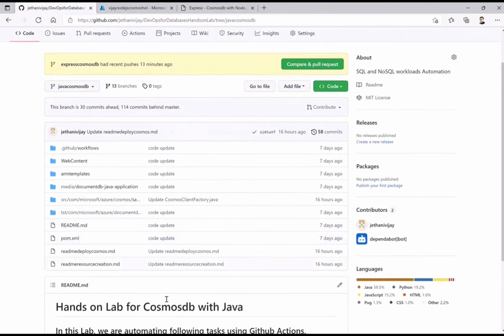Okay, so again, the variation here is that previously you have seen just one workflow doing all of them. Here I have kept it separate so that you can see the service creation in one step, and then following from there, we are going to update that code in the next step. That is the reason you see the resource creation README, which is a kind of trigger which I will use. Similarly, the deploy or build Cosmos is the other trigger which I will use. Okay, so now let's look at the workflow itself.